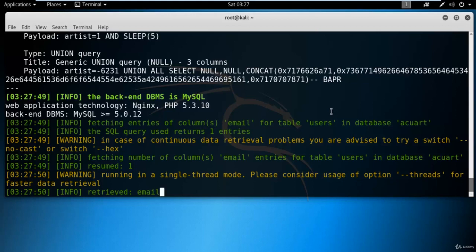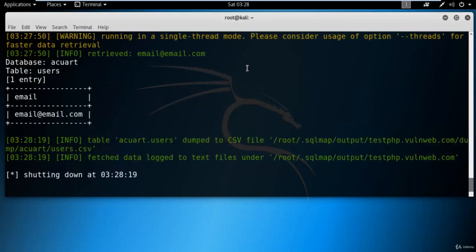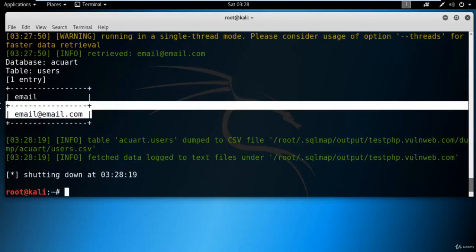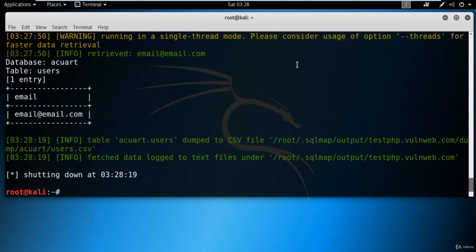Slowly it is taking one character at a time. You can see here that it is extracting the email ID. Basically it is a sample website, so all the information available inside the database is also sample. You can see on the screen that it is trying to extract the email IDs. And here it is. This is the kind of email ID available inside the database.